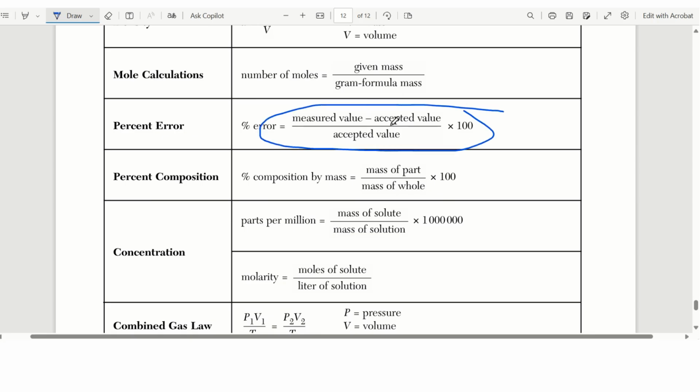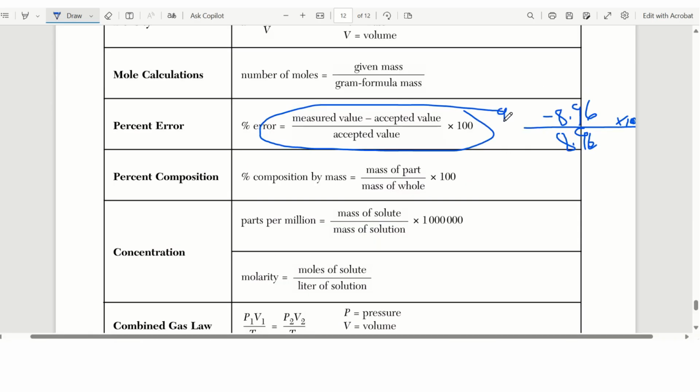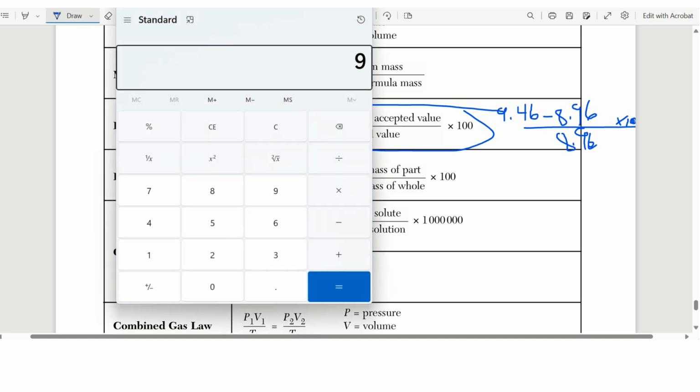So I have measured minus accepted. What is the accepted? Well, the accepted is just what I looked up. So 8.96. So 8.96 is on the bottom as well, right? I can't forget the times 100. But what is the measured value? Well, that was from the question. That's what the student did, 9.46. All right, so in my calculator, I need to do 9.46 minus 8.96, do equals, okay, divided by 8.96